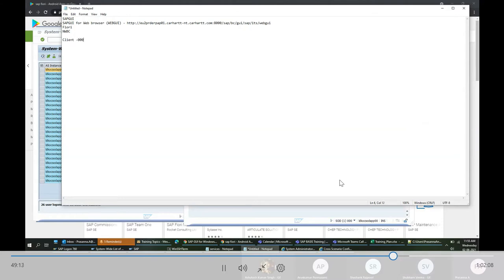I have asked this question because once you have logged into SOD your client number is 100, and when you are logging into EID, the client number is 200 for all the users. That's what I was telling: when you install a system, by default these two clients will be there, 000 and 001.